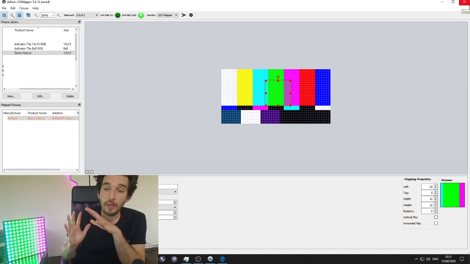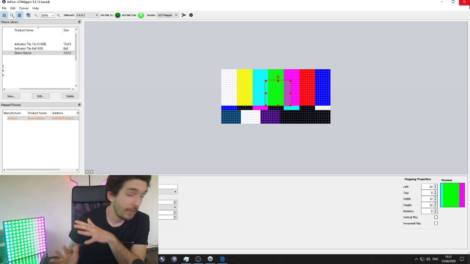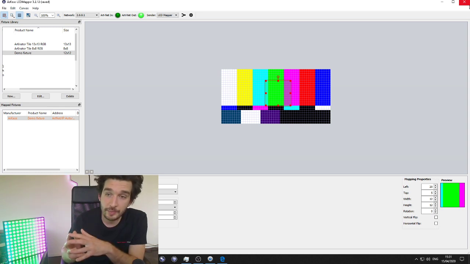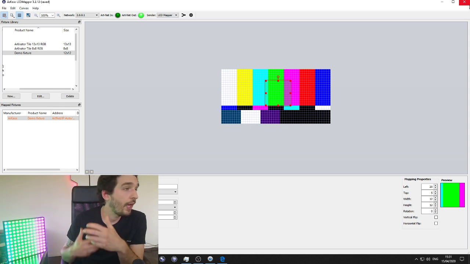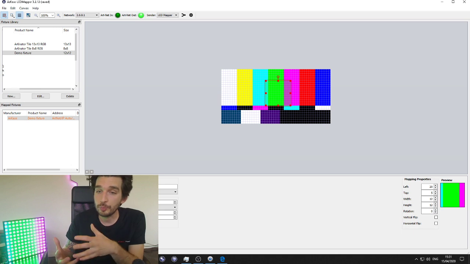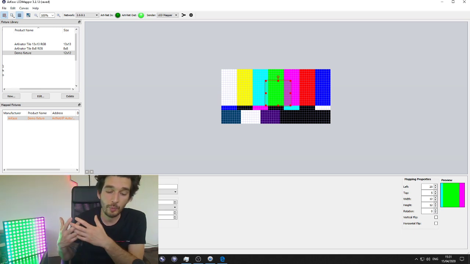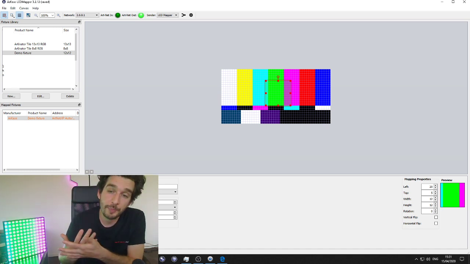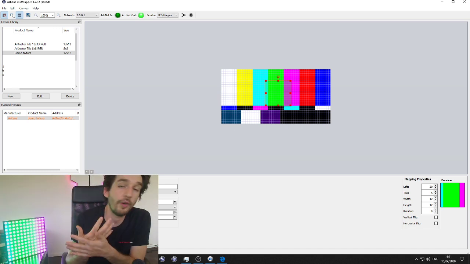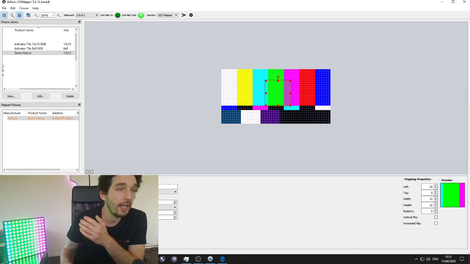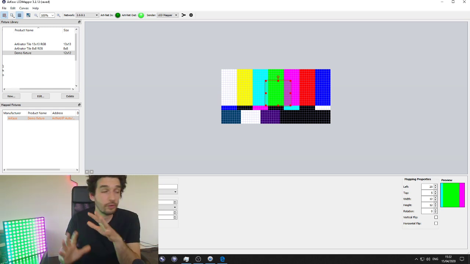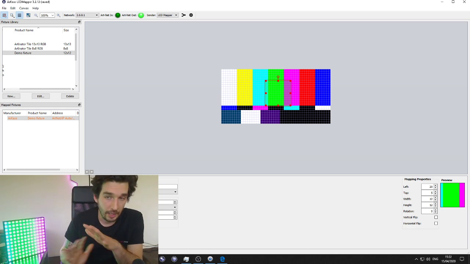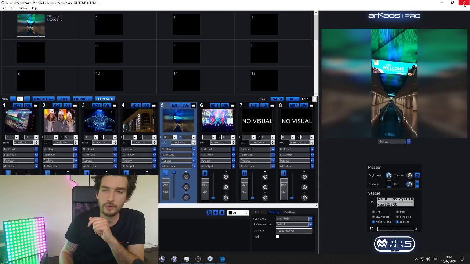So between LED mapper and MediaMaster, if you have both running at the same time and you open LED mapper and you enable the network output, LED mapper will have priority on the output. So LED mapper will show its test pattern over whatever you send from MediaMaster. Okay, so when I'm done with my setup, I don't want to have any interference there. We're gonna see how I can do fast fine tuning. I just close LED mapper.